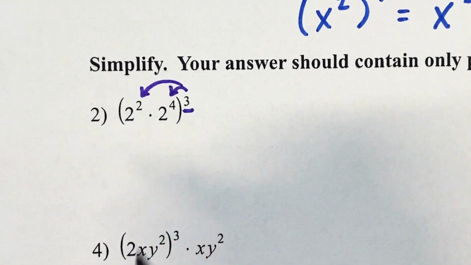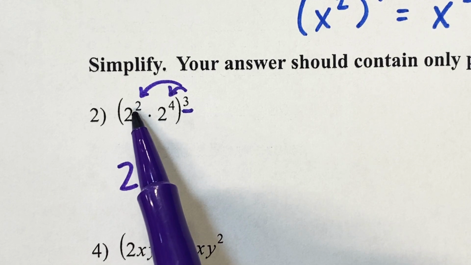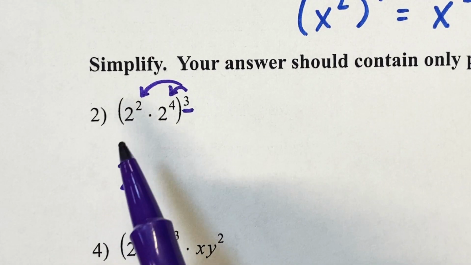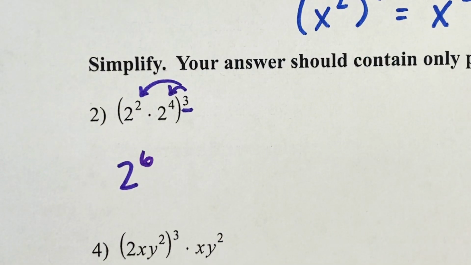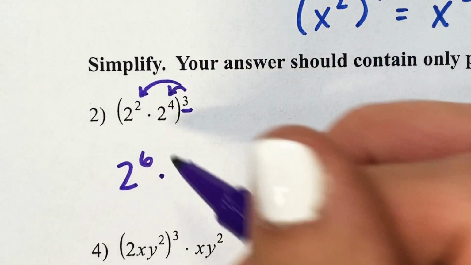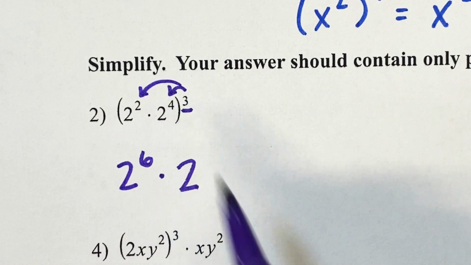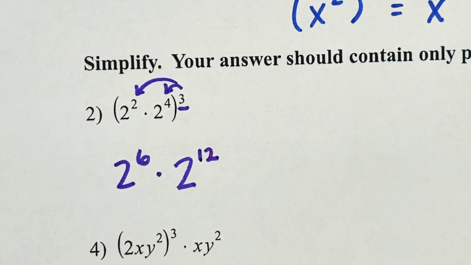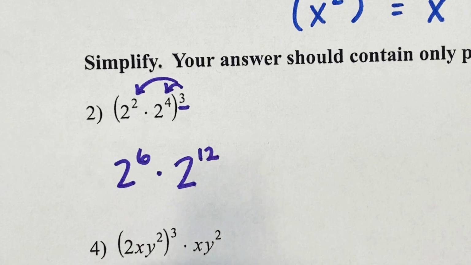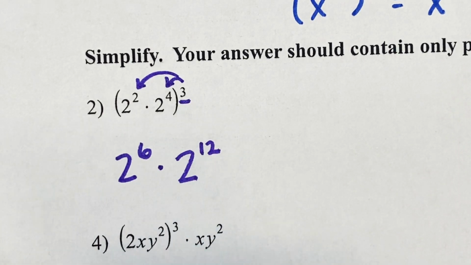Let's take our first base of 2. So 2 to the power of 2 times 3. What is 2 times 3? That first one is going to be 6. Now it's being multiplied by our second base of 2. Now it's to the power of 4 times 3. What is 4 times 3? 12. Beautiful. This is not our simplified answer because I see 2 of the same base, 2 of these 2's. So now we need to use product rule